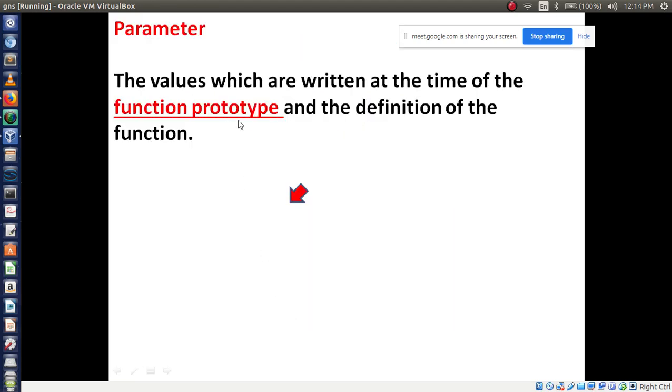Now, at the time of the function prototype, whatever you write after the method name or function name, in the definition of the function, that is called a parameter.